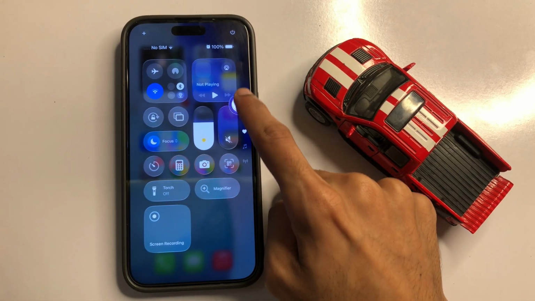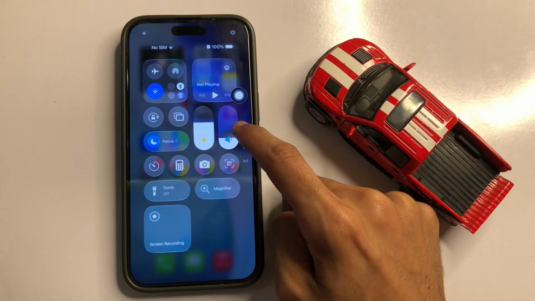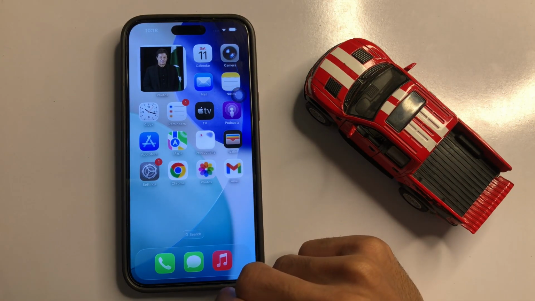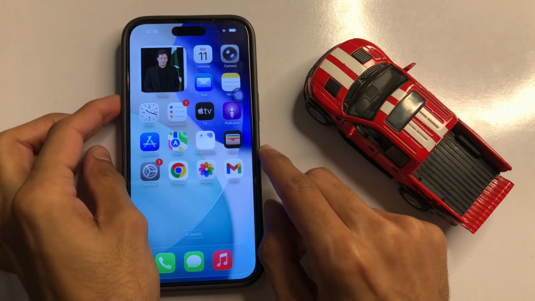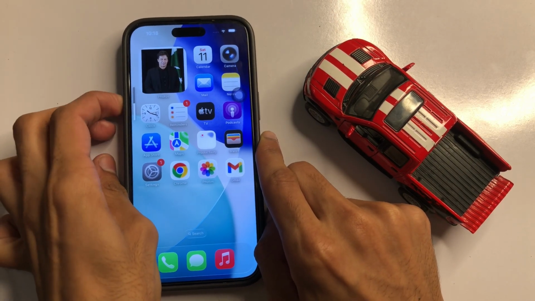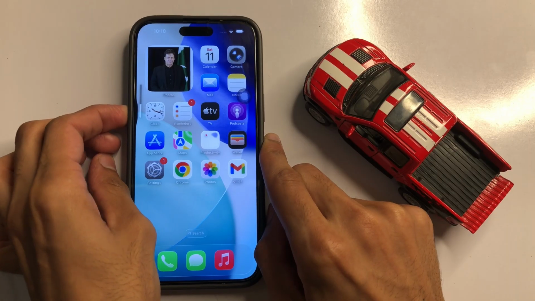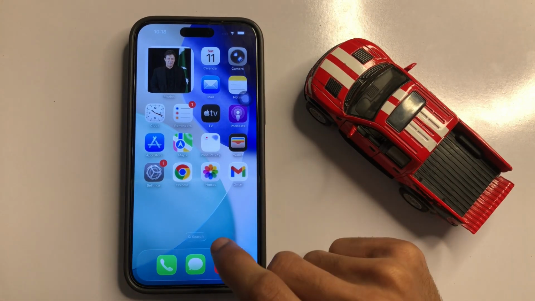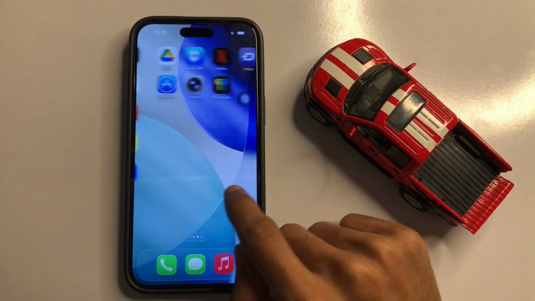So if it is not solved, increase the volume from here and you will check if your problem is solved. So if it is not solved, click the volume up button and volume down button and you will check if your problem is solved. So if it's still not solved, go to app library,